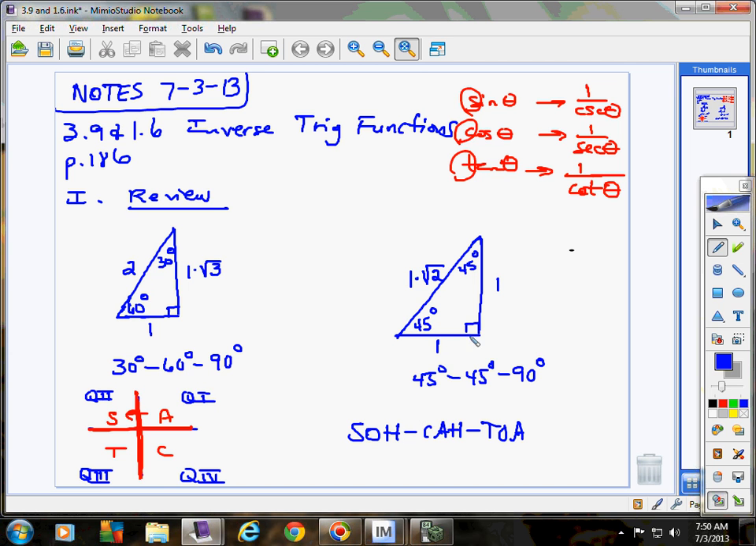Ones with a 90-degree angle, right? So they have to be what kind of triangles? Right triangles. Good, right triangles. So we're assuming right triangles. So the sine of an angle is the opposite side divided by the hypotenuse. The cosine of an angle is the adjacent side divided by the hypotenuse, and the tangent is the opposite over